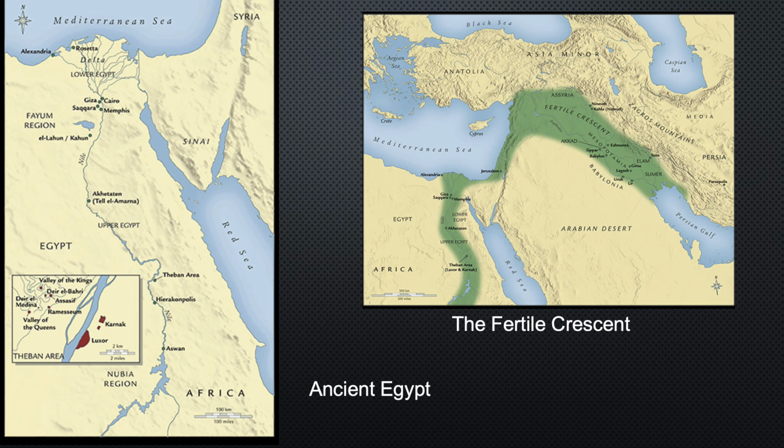Just notice by looking at the map on the left that all of the cities are clustered around the Nile River. I should also say that Upper Nile is in the south and Lower Nile is in the north, which is kind of the opposite of the way we think of up and down in our maps and our directions. So just keep that in mind. Also, with this little inset in the map on the left,